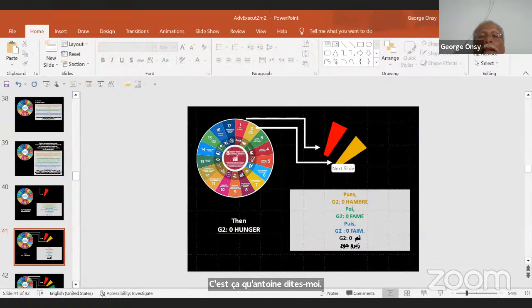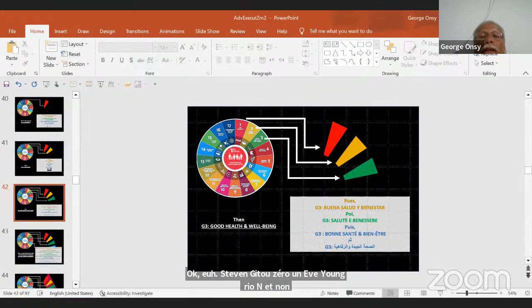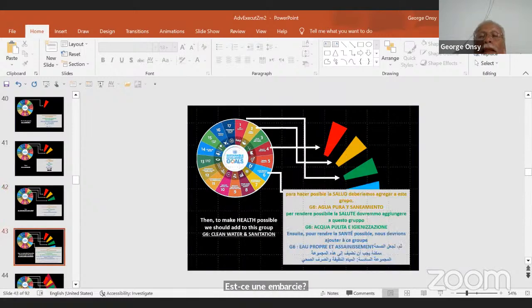Okay, excuse me. Then G2, zero hunger, as you see. Everyone has a definite color according to the arrangement of the UN, you know. And then we move to the third one, which is G3, good health and well-being. Okay, then